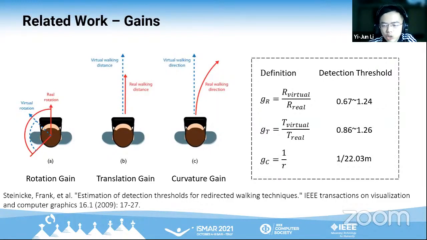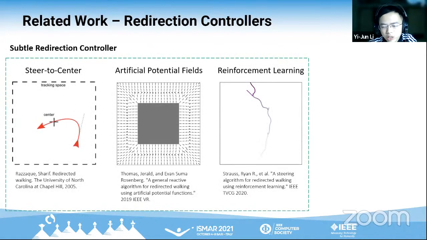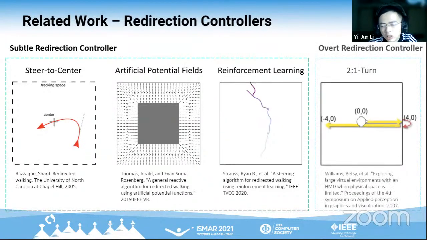To mimic the natural walking process in the real world, the gains should be constrained within certain detection thresholds measured by user studies. Redirection controllers are specific algorithms which determine how gains are applied to steer users. Subtle redirection controllers steer users imperceptibly, including steer-to-center controllers based on artificial potential fields or reinforcement learning. But sometimes it is still possible for users to reach physical boundaries, which should be corrected by overt redirection controllers